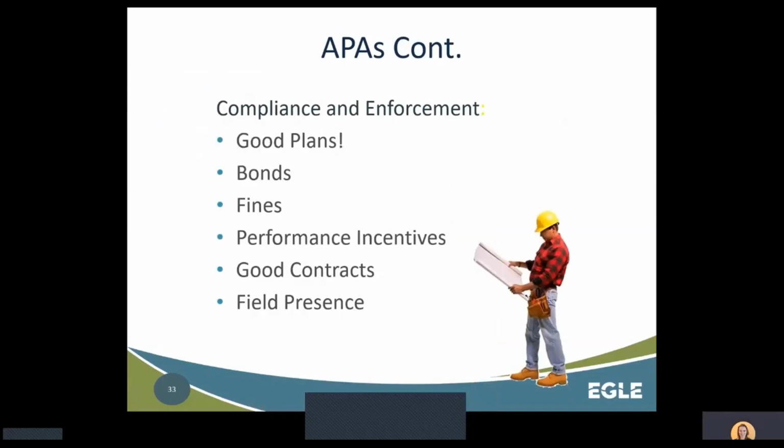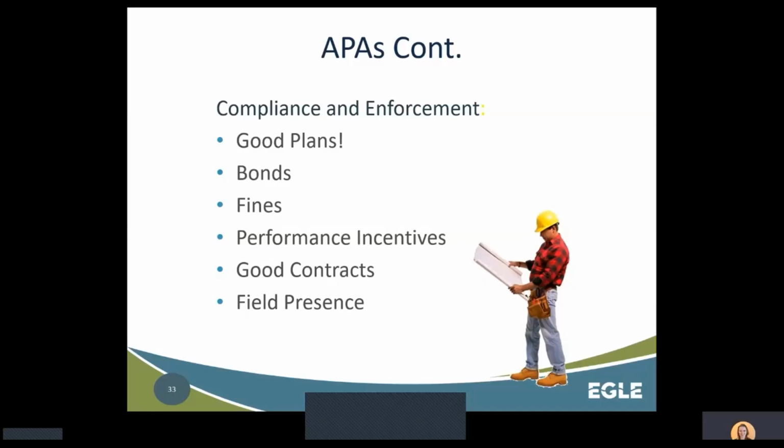APAs often have the upper hand because you can control the money. You can control whether or when the contractor gets paid, and performance incentives work well where the project finishes early. This would be a win for the contractor as they get a bonus, and the APA gets the project done before the deadline. On the flip side of performance incentives is to include a penalty provision in the contract.